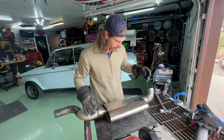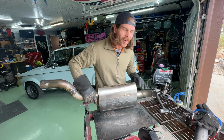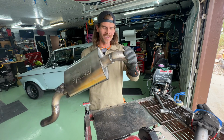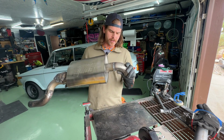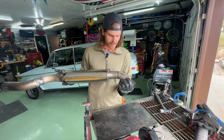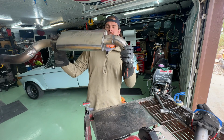Welding is so much harder than it looks, I swear. But I tried really hard, my hardest, and it came out pretty decent for the tip, because you're gonna actually see this bit sticking out slightly. So I'm gonna leave it as is. I'm not gonna try to clean up all those welds, because then it'll look even worse. But we're not gonna leave this snuffleupagus style